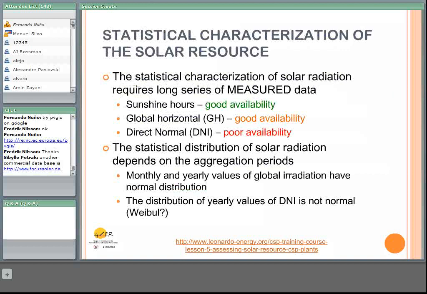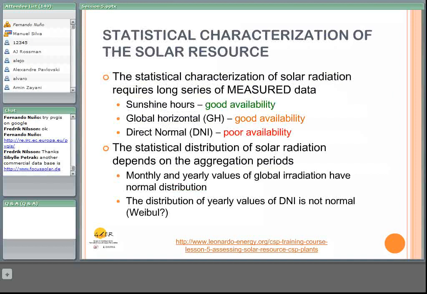Regarding the statistical characterization of the solar resource, first of all, why is it important? It's important because when you are developing a solar energy project and you are looking at, for example, the profitability of the project, you can't rely on the data from one single year, or on data of the last year or even of the last 2 or 3 years, because